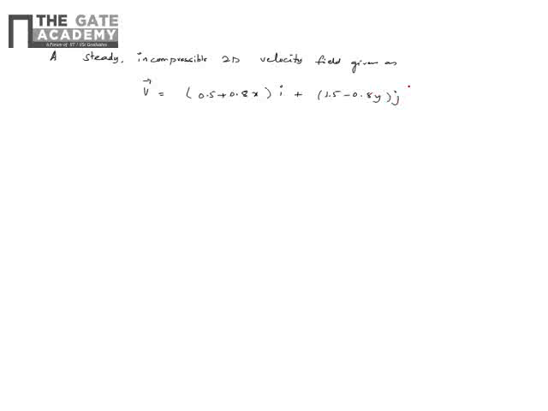So let's do a problem now. A steady incompressible 2D velocity field is given as the velocity vector V = (0.5 + 0.8x) i + (1.5 - 0.8y) j, in Cartesian coordinates. The question is: find the stagnation points in the flow field,